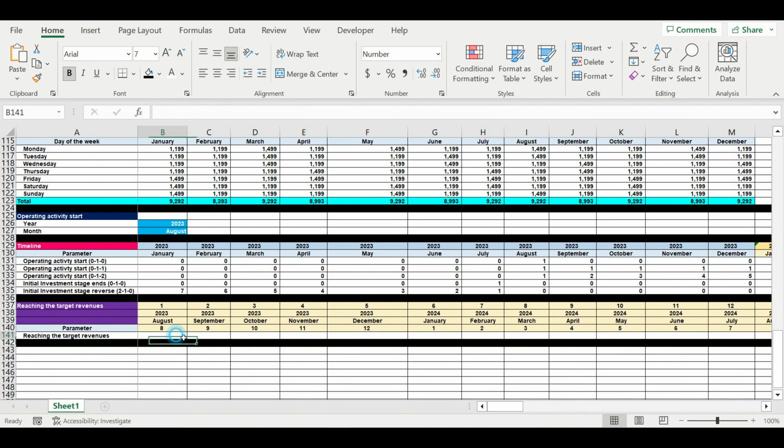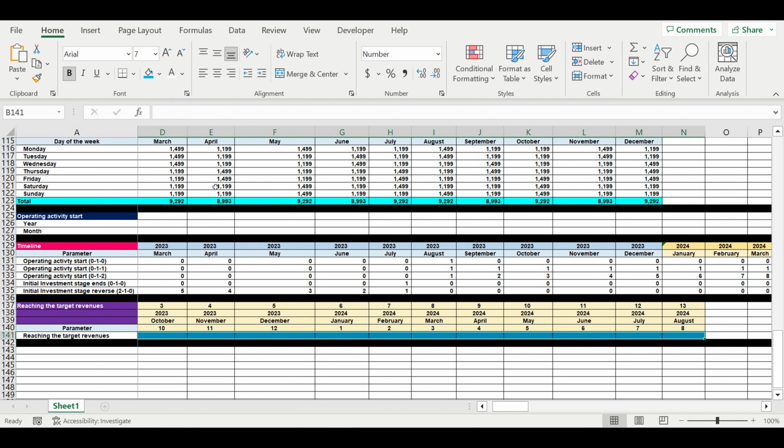So I'm coloring these cells in blue because blue is our color for all the inputs. So this will be percentage format,